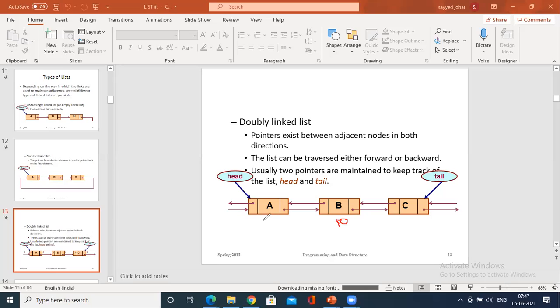Address of A is 20. Randomly I'm writing; it is not linear. Address of C is 30. Now I say that the second compartment on the right hand side holds the address of the node B. So what is the address of node B? It is 10. So 10 will be stored over here.